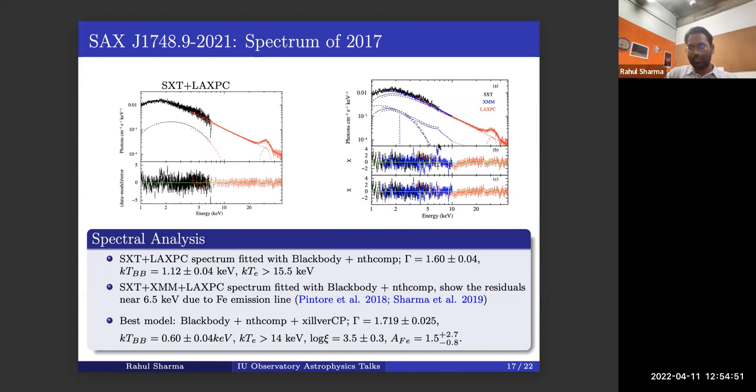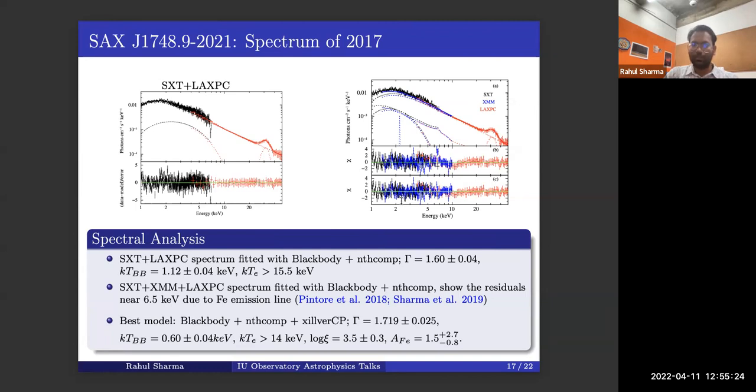So to model this feature, we used a reflection model. It is a non-relativistic reflection model, xillverCp. Besides this, we added this component. This is hard X-ray emission like nthcomp that is going to the disk, gets reprocessed and re-emitted. So you can say this is the emission component coming from xillver. This is the blackbody, this is the nthcomp that is coming above that, and this one is the xillver component which we use.